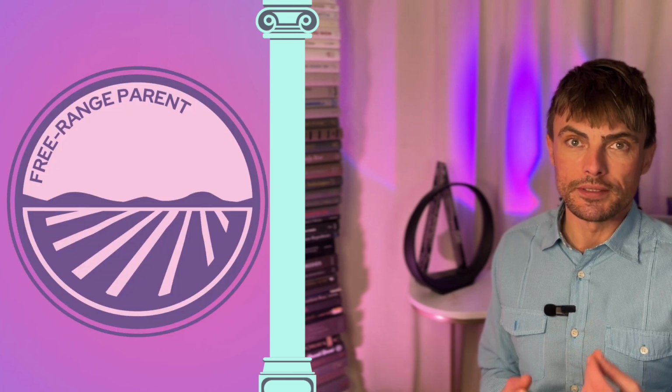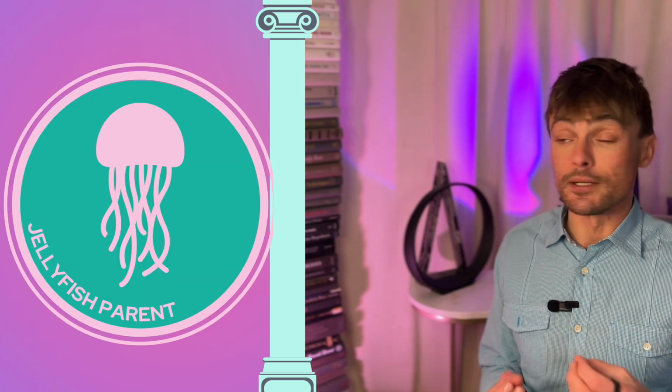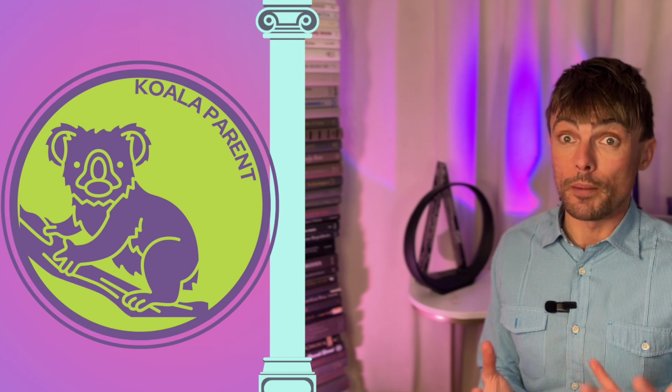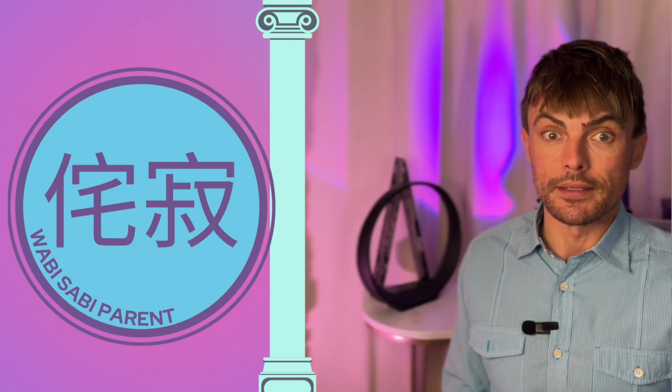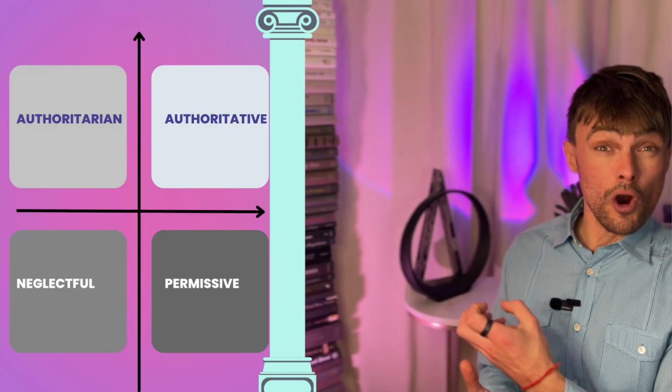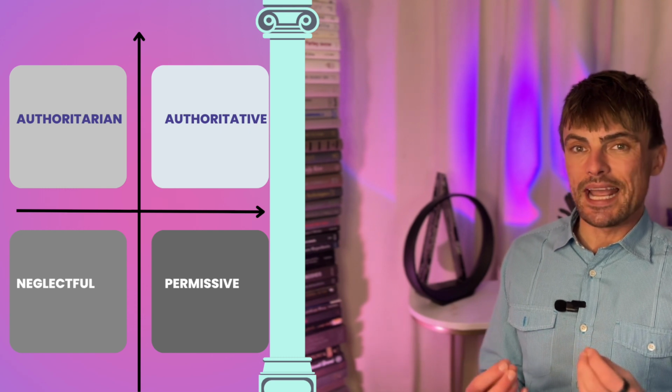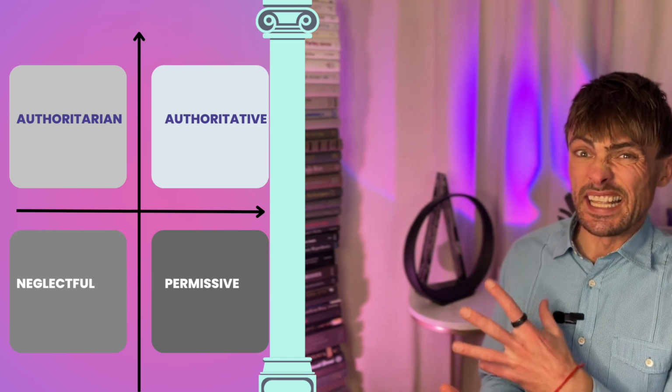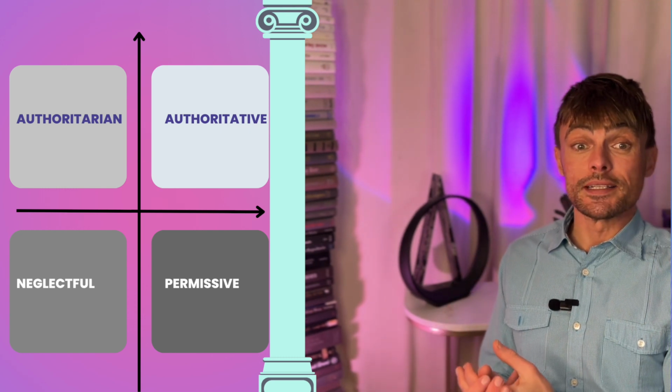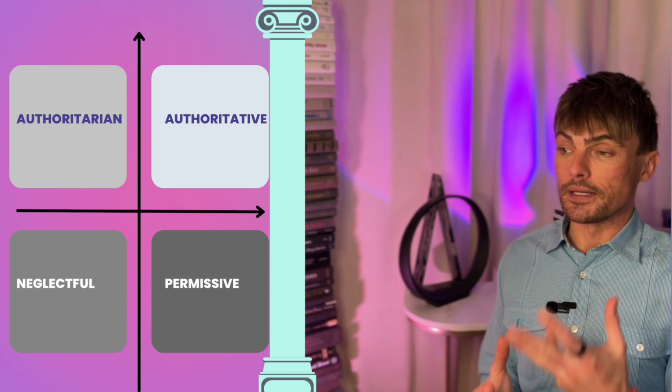Where do new parent styles like new age parenting or drone parenting or wabi sabi parenting, no, that is a thing, where do they fit if you've only got four options? If you break this structure down a little bit, the answers are actually in here. This was all based on the research of Earl Schaefer in the 1950s.